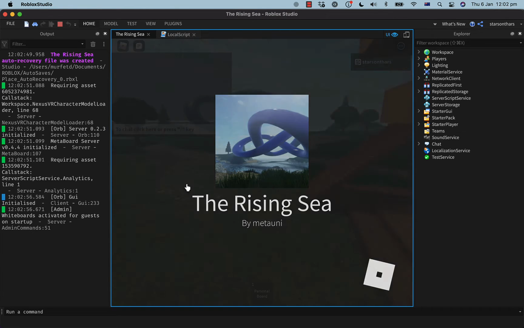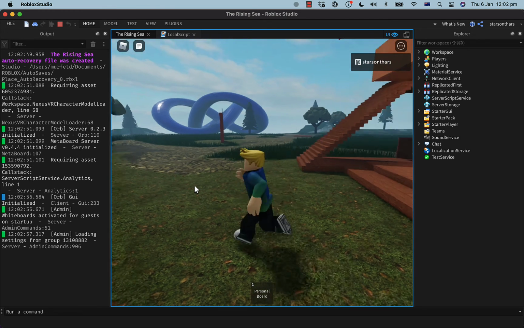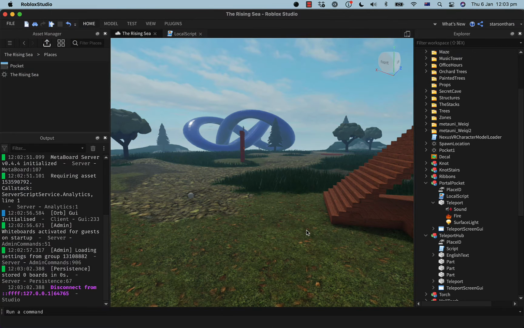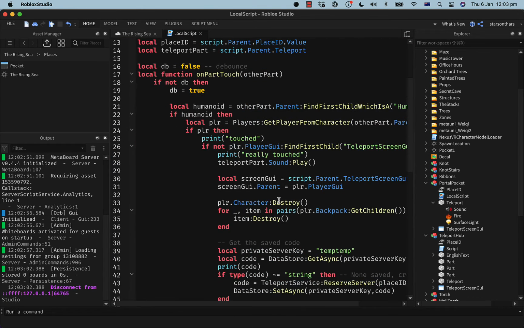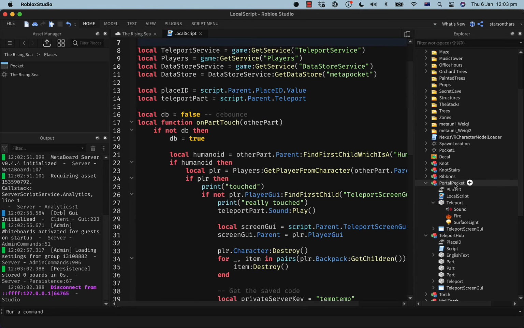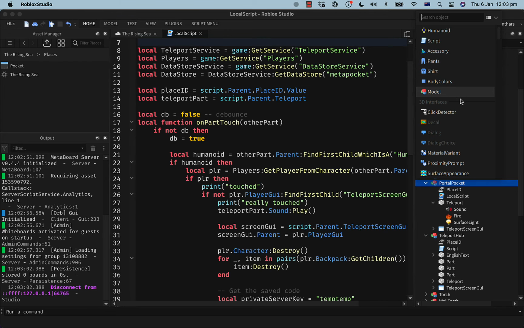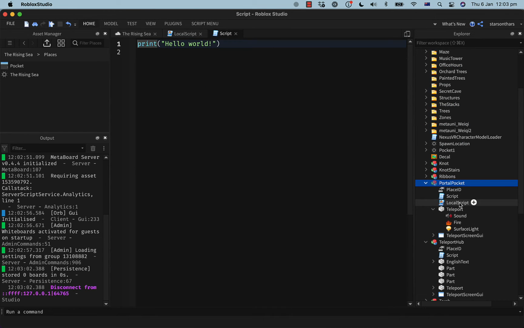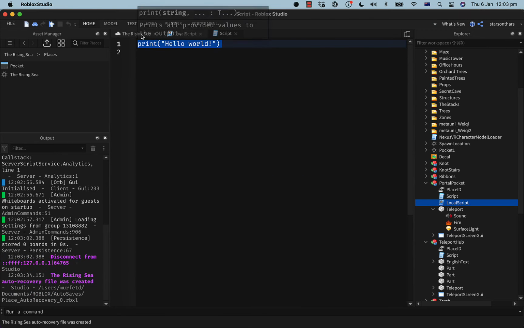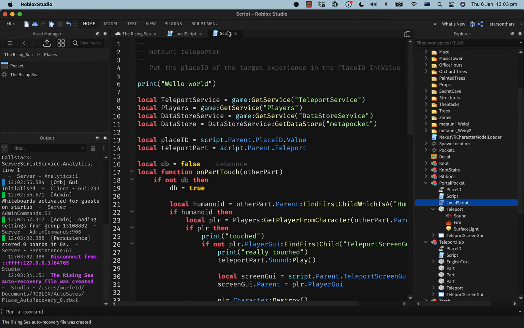Nope. Oh, you haven't joined? Okay. Alright, that's kind of irritating. Okay, so this teleport business wants to happen in a local script. It said it should be in a local script or on the client. It didn't say it had to be. Okay, so the lazy thing to do is just to... Well, it also said it should not be done on the server, right? Yeah, well, let's see if it works, and then we'll worry about whether it should be or should not be.